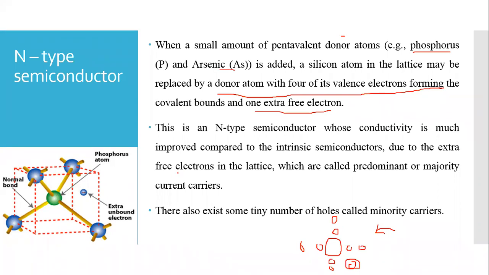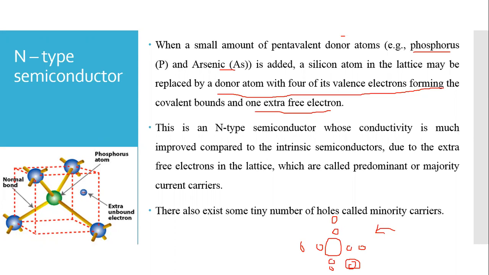So here you can see the configuration for n type. We have a pentavalent atom. You can see 4 electrons out of 5 are already occupied and this one is free. Similarly in p type you can see 3, all 3 are occupied with the silicon atom, and here we have a deficiency of electron or one vacancy for the electron, right? So this is a brief idea of semiconductor devices.